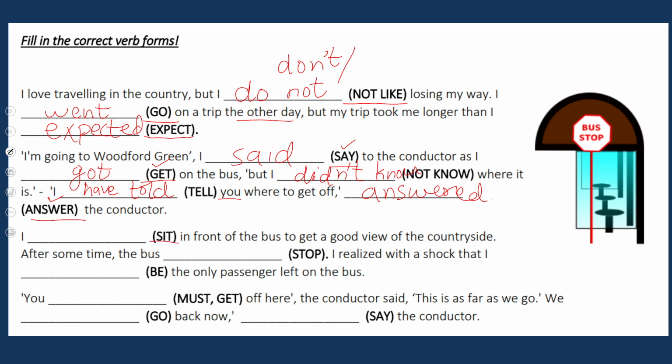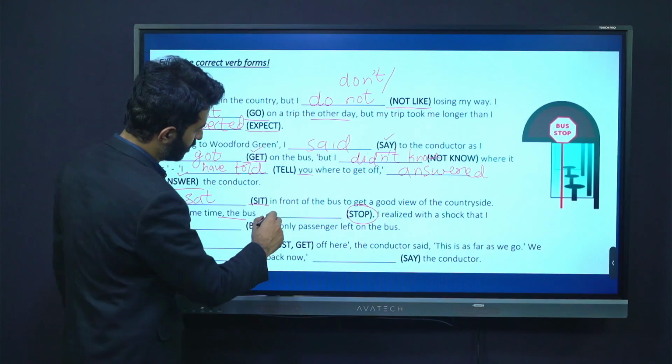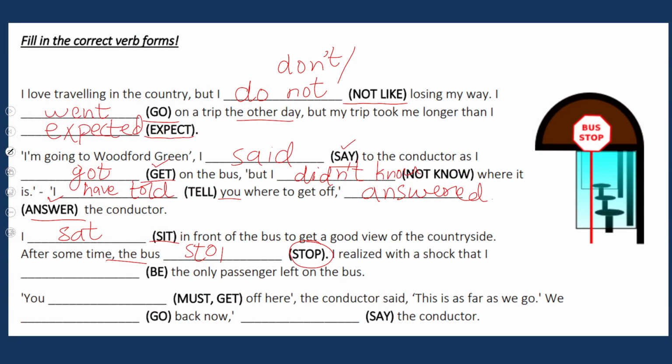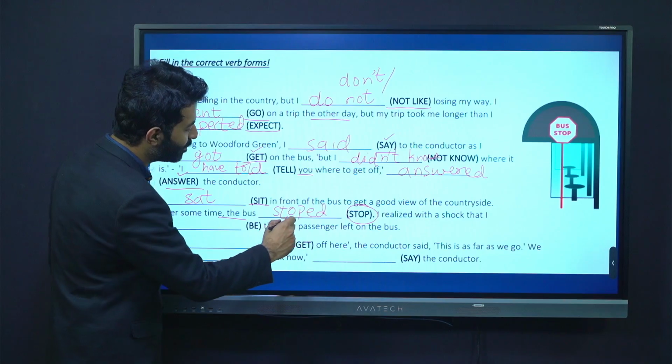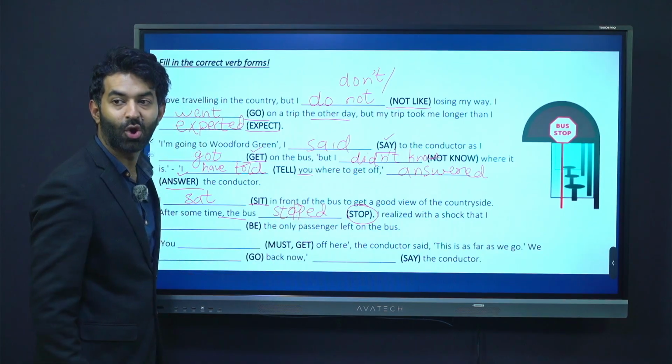I sat. ठीक है? I sat in front of the bus to get a good view of the countryside. After some time, the bus stopped with ed. All right. Muhammad will tell me the spellings of stop. STOPED। क्या ये स्पेलिंग्स बिल्कुल ठीक है? जी? ये स्पेलिंग्स ठीक है? नो, डबल पी आएगा, स्टॉप्ड। ठीक है,